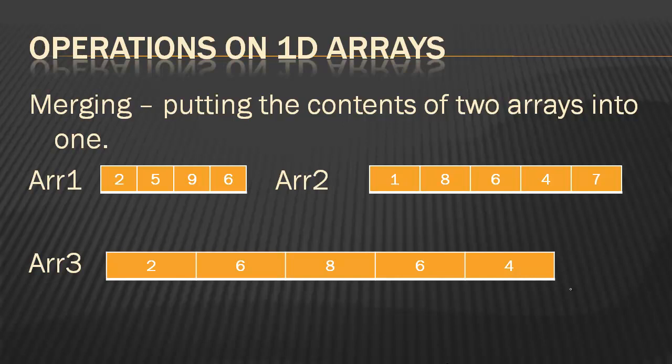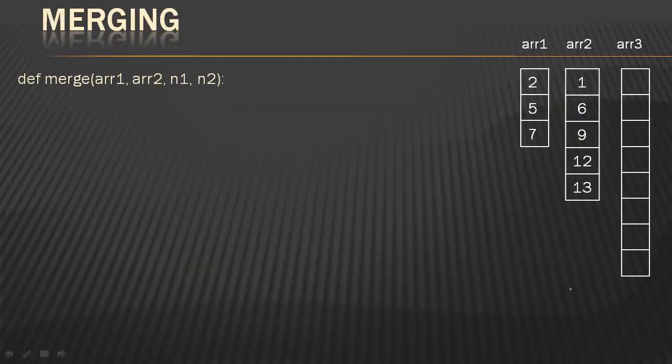So you have a sorted array, array 1. You have a sorted array, array 2. I'm going to be merging the contents of both these arrays into array 3. But as I merge, array 3 should be sorted. So you need to merge the contents of the two arrays and see to it that array 3 also comes in some particular sorted form as specified in the question. Is that clear? Okay, so let's look at my first example here.